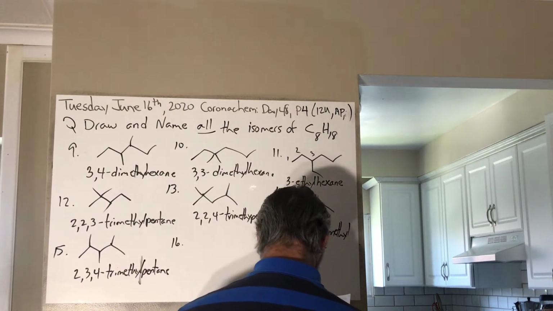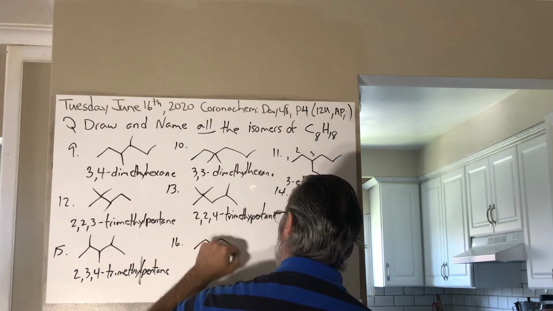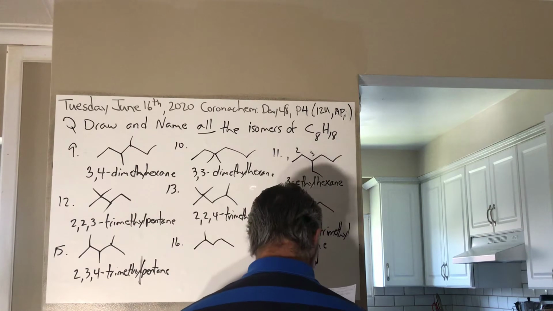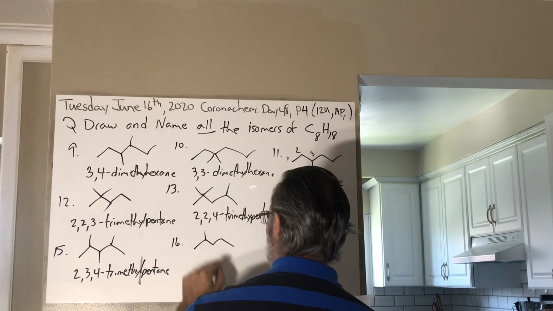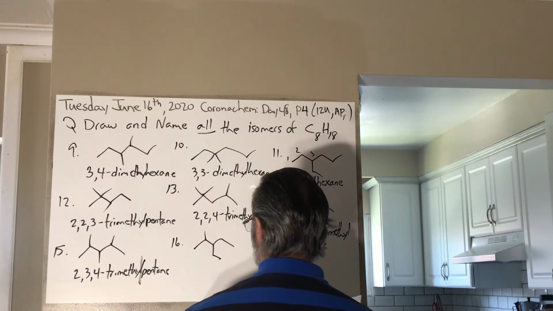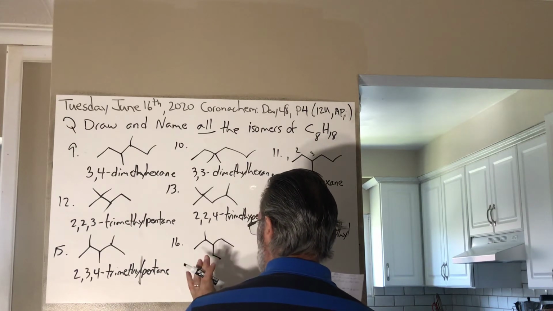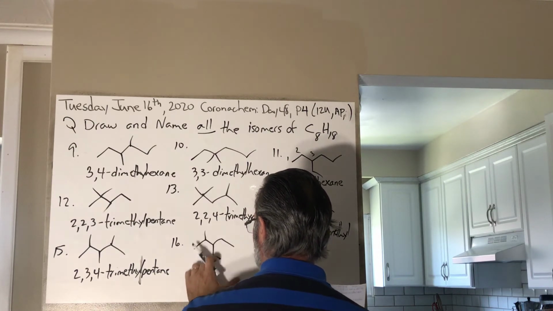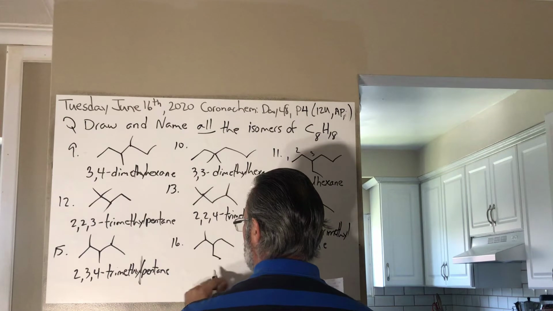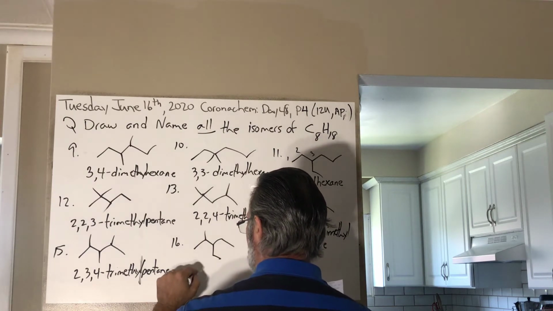The 16th possibility is 1, 2, 3, 4, 5, with a methyl group at the second position, and then an ethyl group right in the middle. So that doesn't extend the chain, doesn't make it any longer. You still get 1, 2, 3, 4, 5 as the longest chain. So you don't change the name. It's just going to be